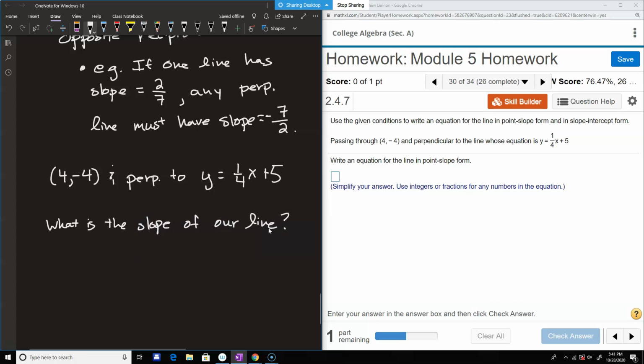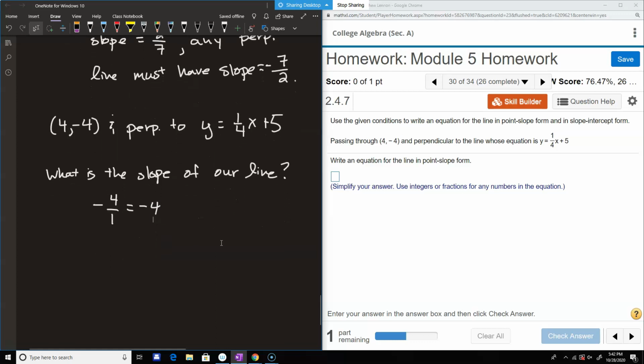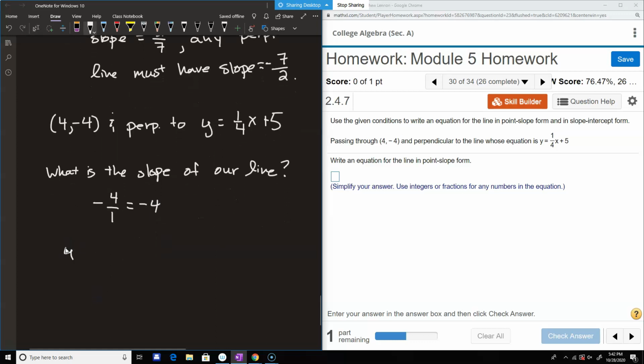Well, the slope of this line that we're staring at is 1/4. So the slope of the perpendicular line, which is what we're trying to find, should be -4/1, the opposite reciprocal, which we will just write as -4. So we can now use the point slope form. Y minus the y coordinate. The y coordinate's -4, so that's going to be y plus 4 is equal to the slope, -4 times x